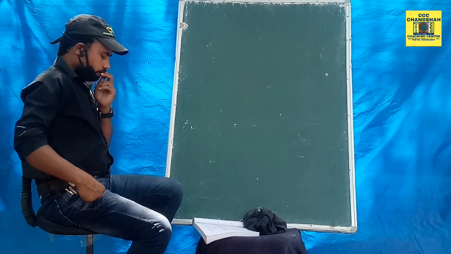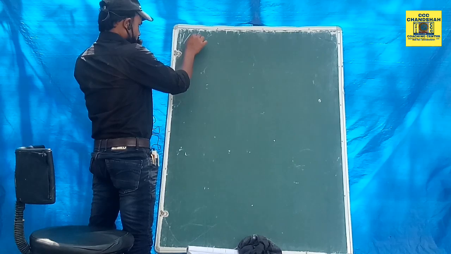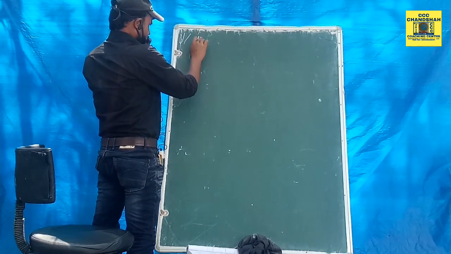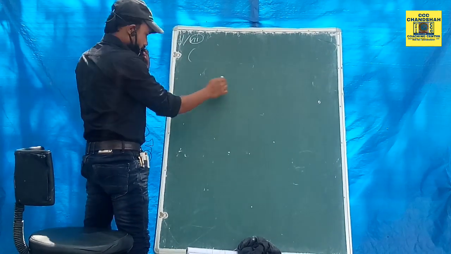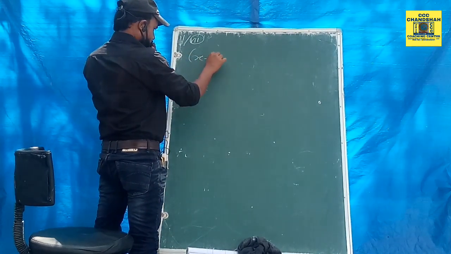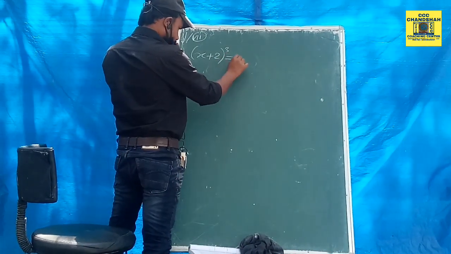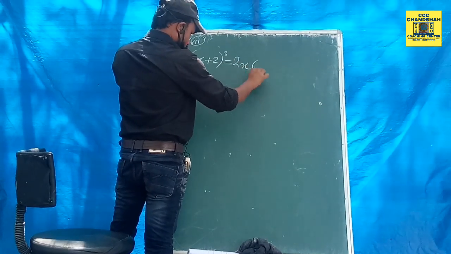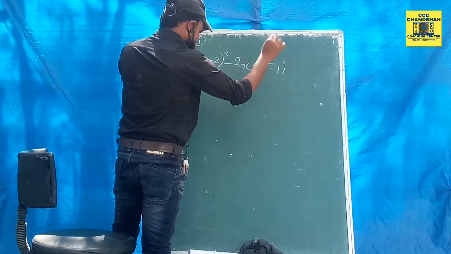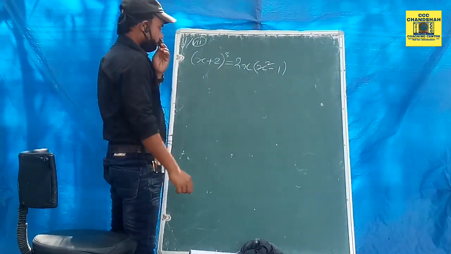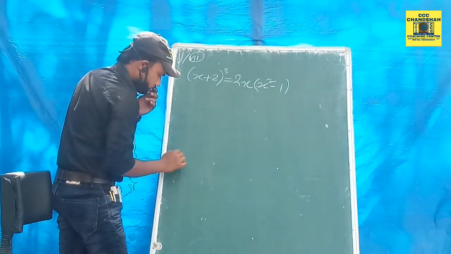Okay. First of all, 1/7 of (x + 2) whole cube is equal to twice x into (x squared minus 1). So how will you solve it? Do you remember an identity? The identity was